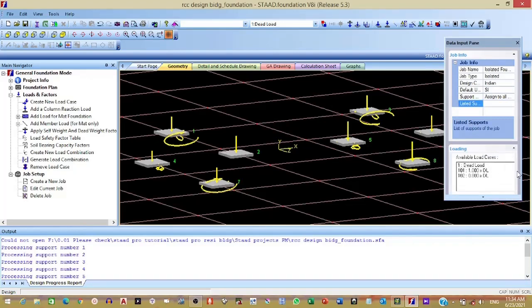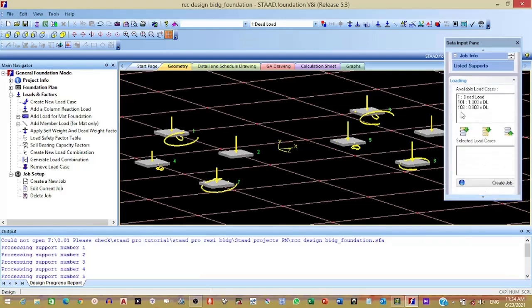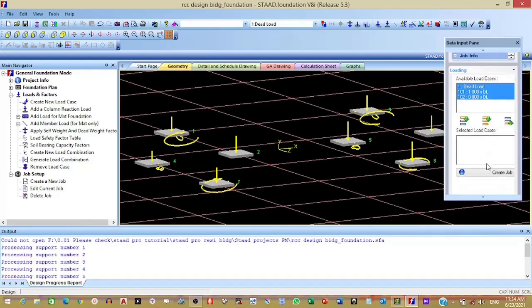To select the load combination, these two load combinations. Select all, then click here, select.